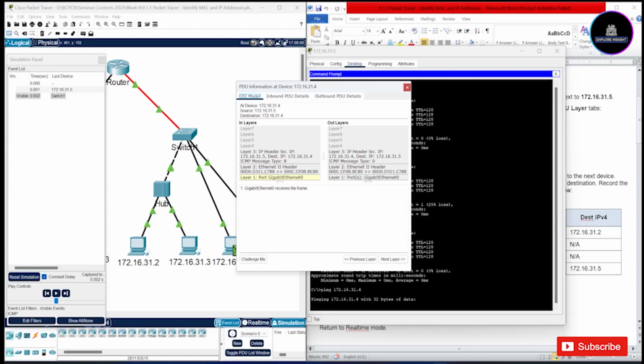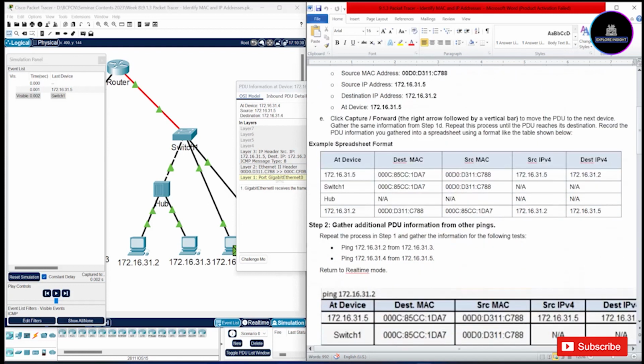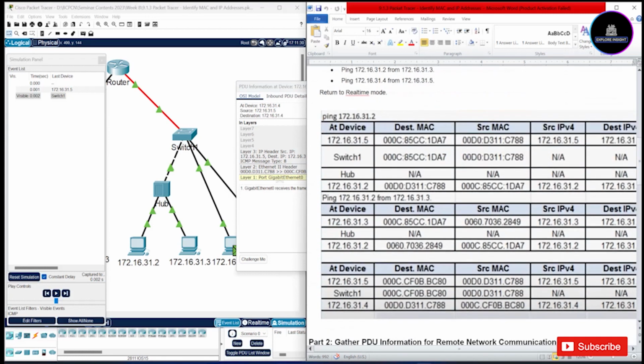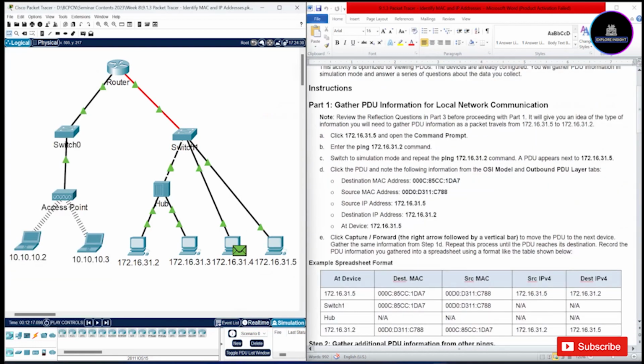So having done that, we could see that we have accomplished this task, and take a look at the table. You should have a report like this, just like what I have just illustrated. So let's go to part 2. Recall, part 1 was just about gathering PDU information for local network communication. We are moving over to the next part, which is to gather PDU information for remote network communication,